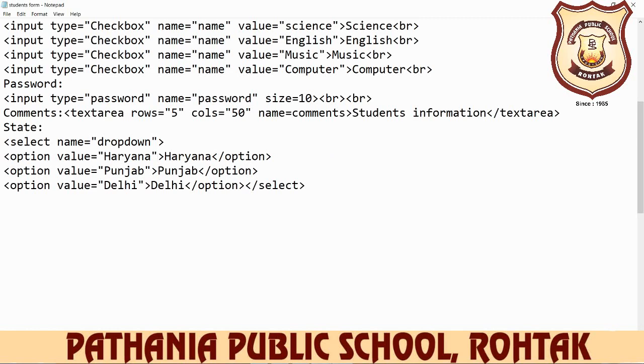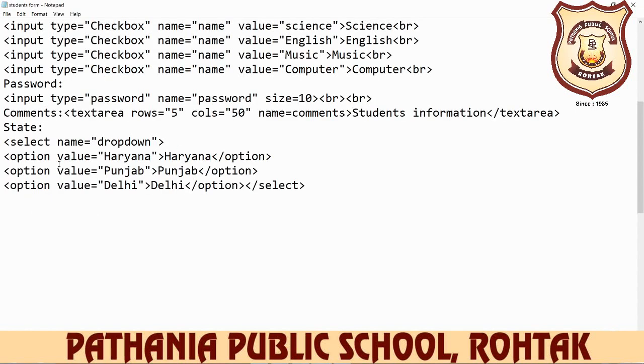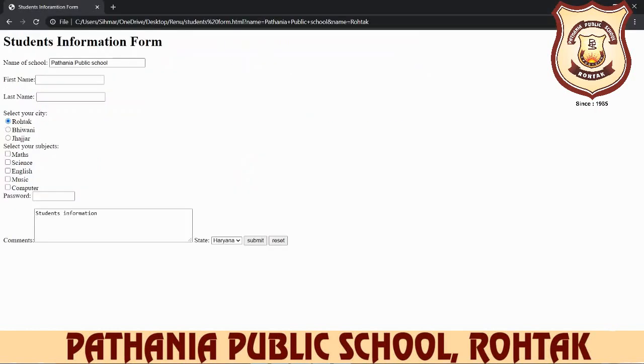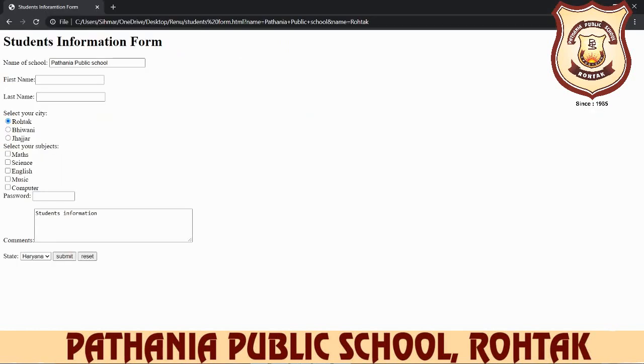Save it, open your browser, refresh it. So you see here is our state, and we give the BR before this so we understand it easily. BR, again save this, open your browser here and refresh it. Now you see, and after state also give here, you also write down the BR tag before the submit and reset. Again save this. Now you open your browser, refresh it here.